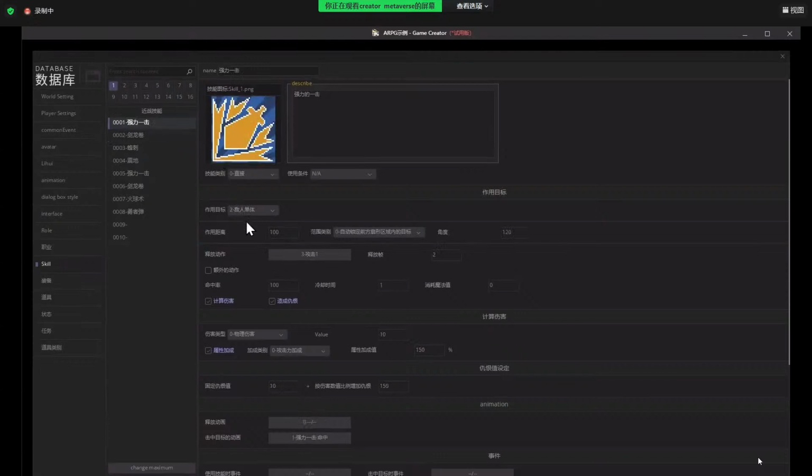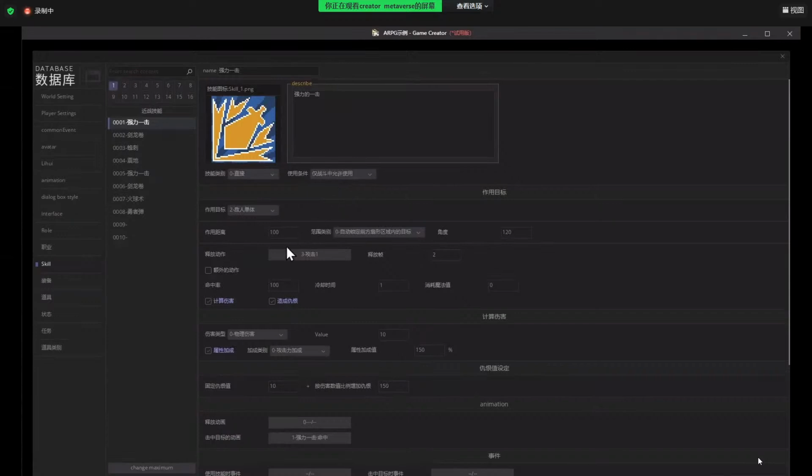For this one, it only affects a single enemy, and we can set some using conditions for it, such as only could be used in battle, or it could also be used when not in battle. We will set it only used in battle.